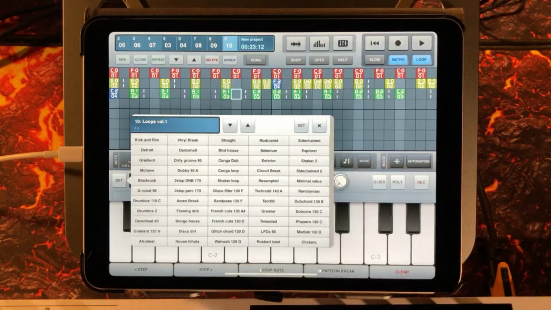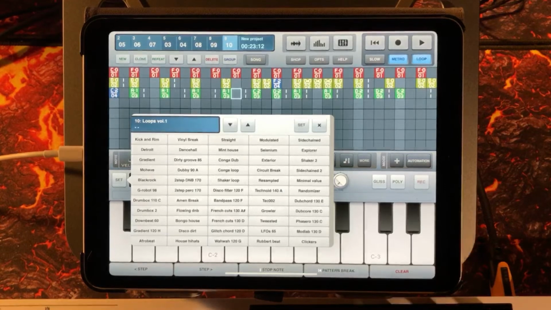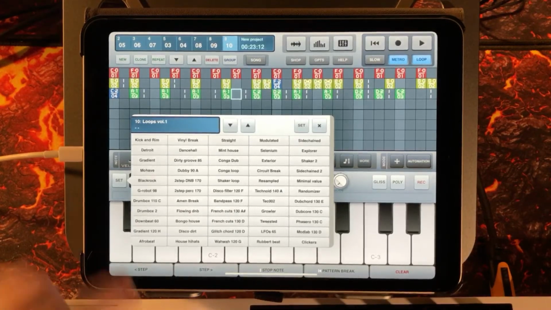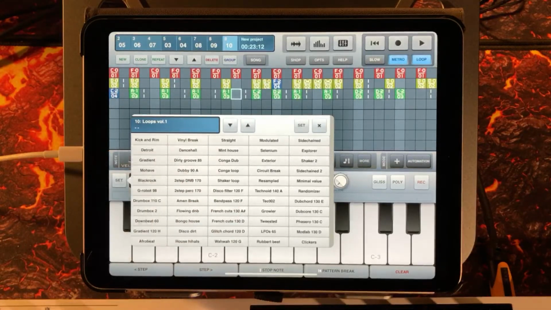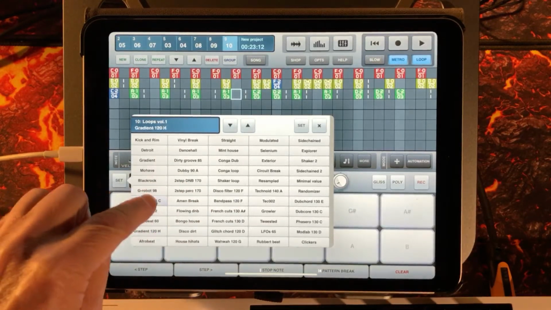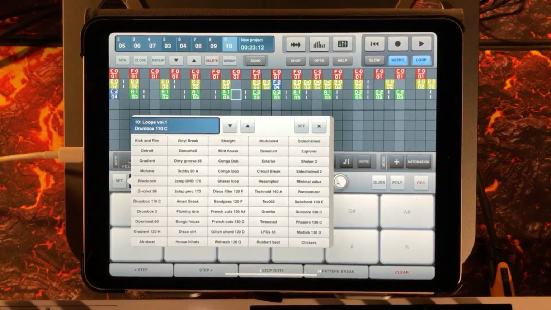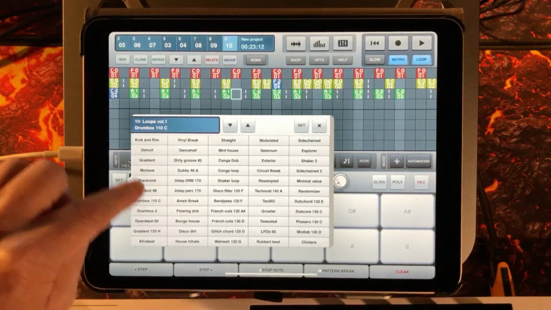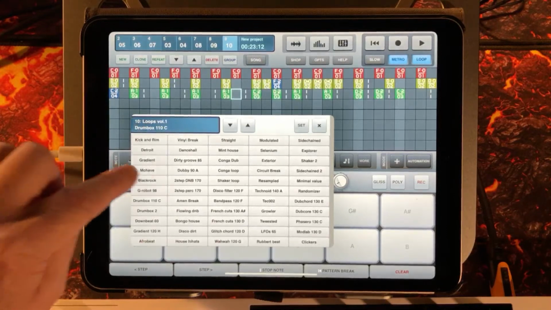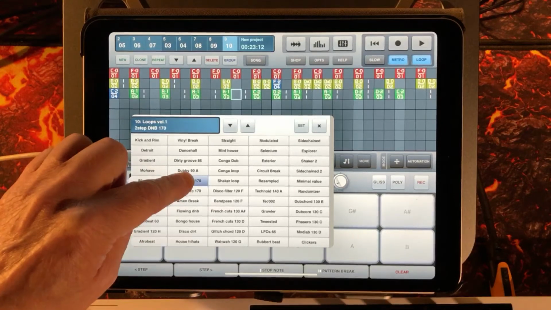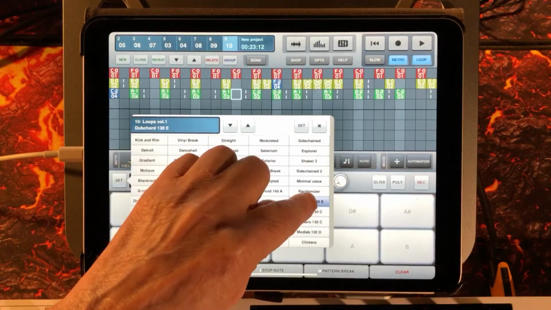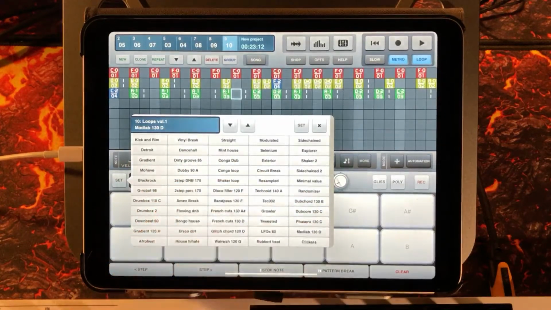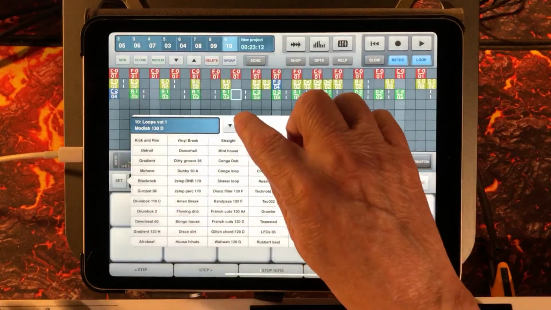Like I said, you get loops. Loops work a bit strange, and I'll try and show you what I mean. First of all, I think they don't time stretch. You can import your own loops and samples, by the way, from audio sharing, no problem. I don't think they time stretch, so you kind of need to find